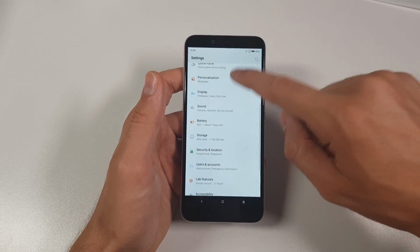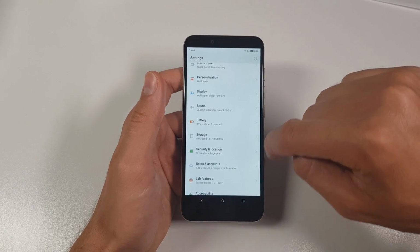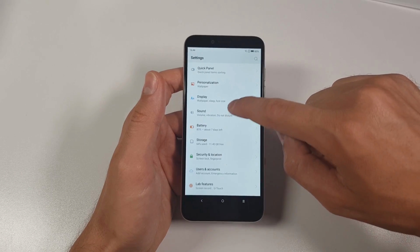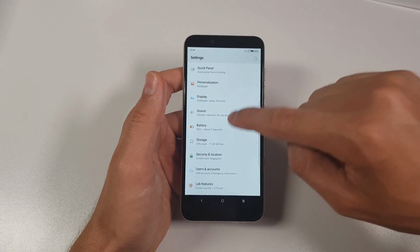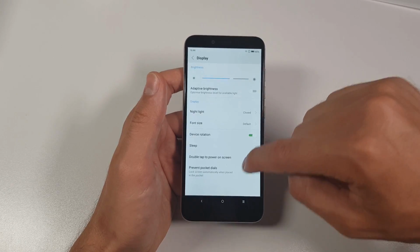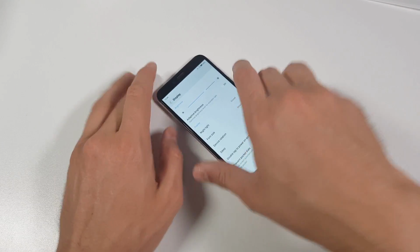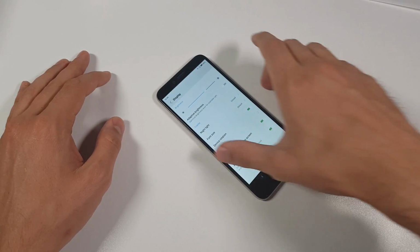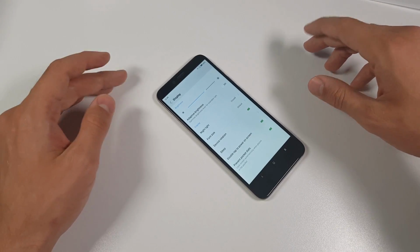Anyway, we're going to go to the display, and I'm going to go to the sleep. This is the bug I want to report, and please make sure to share it on the Lenovo forums. Honestly, I don't have enough time, but this is a big deal for me. I need this thing, man. I don't want this, because ninjas, if I leave this smartphone just for 5 seconds, the screen will, I think 10 seconds, yeah, or 15 seconds, it's going to just turn off. It's going to lock the smartphone,